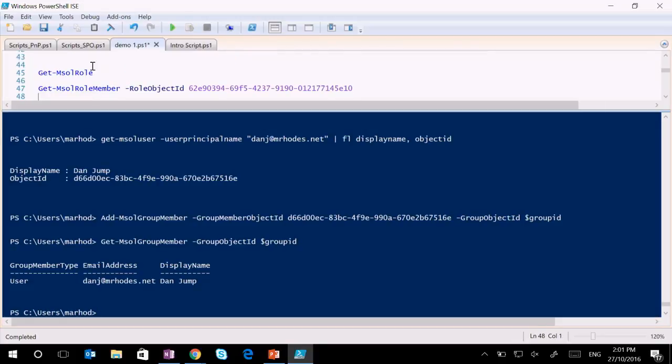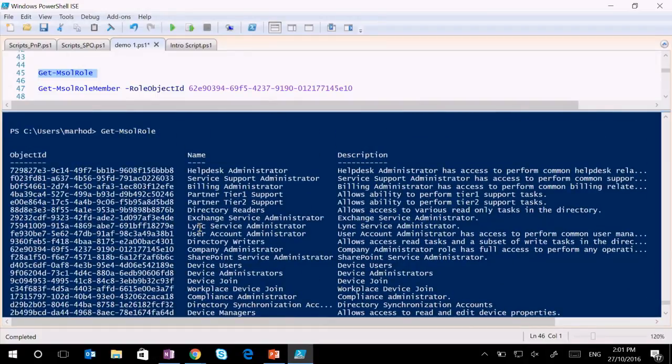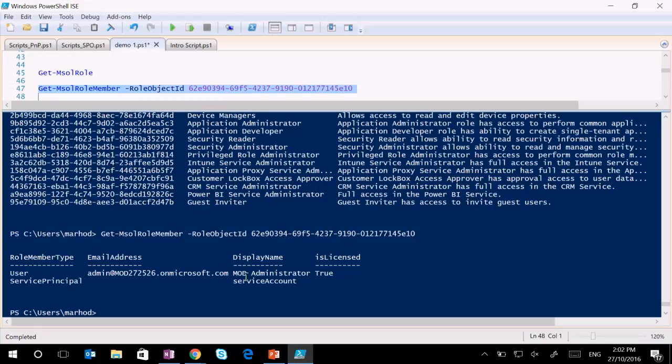Okay, the next thing we're going to do is have a look at the MSOL roles, because inside Office 365 we've got groups and we've got roles. As you can see, roles themselves are effectively permissions that are being granted to groups. So you can add a group into a role, or you can add a user into a role. If we have a look at this one here, which is Get-MsolRoleMember with the role object ID of 62390 whatever, it's going to return back that, I think that's my administrator group, only has